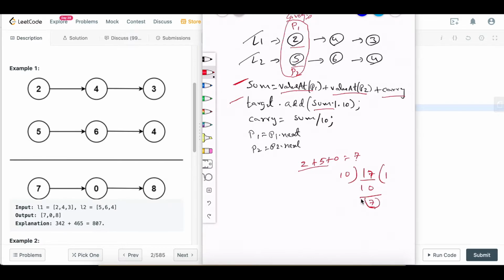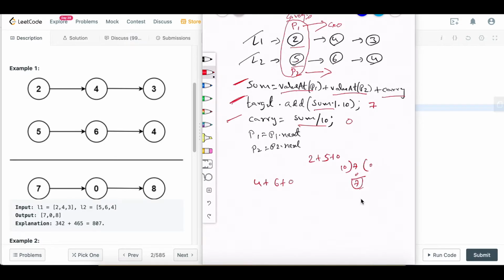So this remainder goes into our target, and after that carry will be this coefficient. Okay, so carry is going to be sum divided by 10. Okay, and we'll increment both the pointers. So pointer 1 moves here and pointer 2 moves here. Now we will add 4 and carry from the previous iteration, that's 0. Now we'll add 4 plus 6 plus carry is 0, so sum is